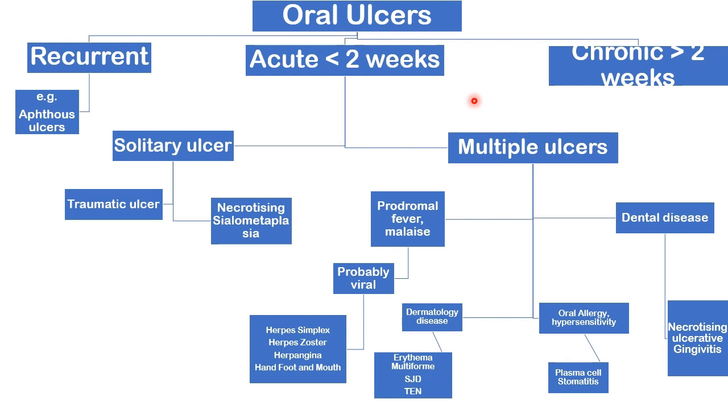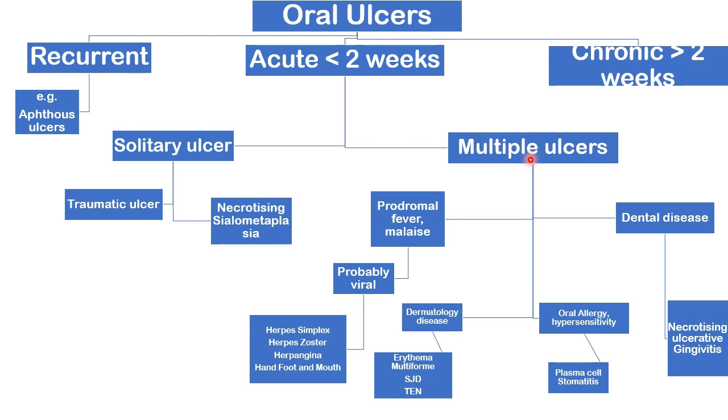It depends on a few steps to reach the category that you want to differentiate the diagnosis from. The first step is whether the condition has been there for less than 2 weeks, acute, or more than 2 weeks, chronic, or has been there before, recurrent. I'll start with the acute, and the second step is to determine whether the ulcer is solitary. In this case, it can be either traumatic or necrotizing sialometaplasia, or multiple, and in this case you have 4